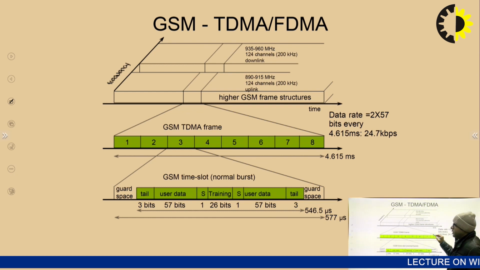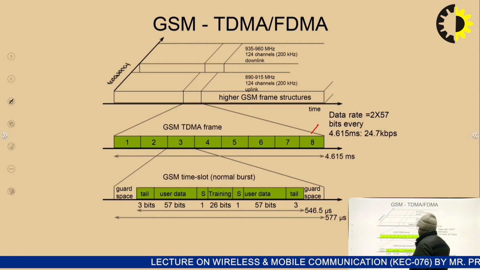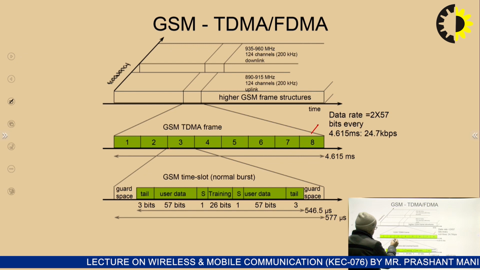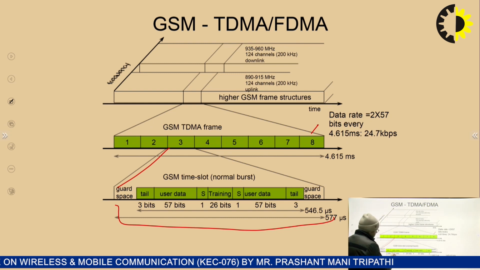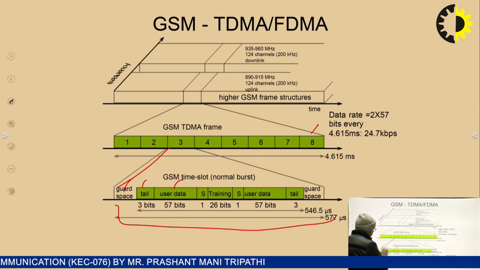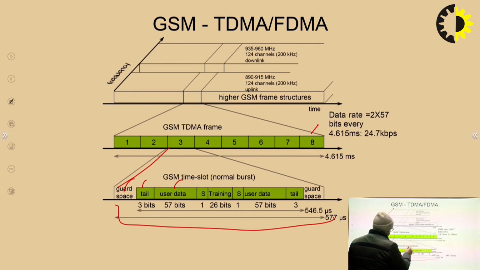The 8 subscribers utilize the time division multiple access frame and share their information on a time division multiple access basis. Thus for a user, a particular time slot is shown in this figure. It contains the user data and different encoding bits. This is the guard band to avoid interference between the different subscribers. These are the different enabled bits for the proper transmission of information.